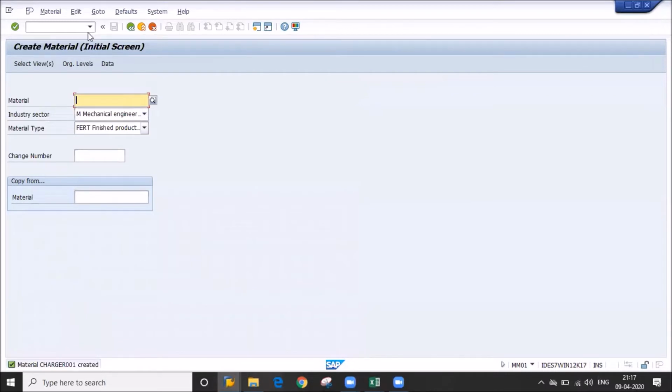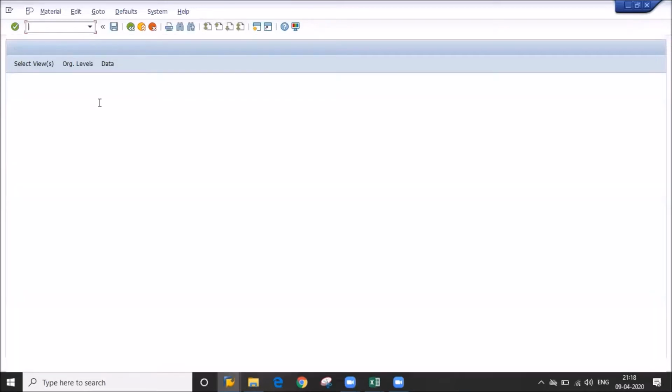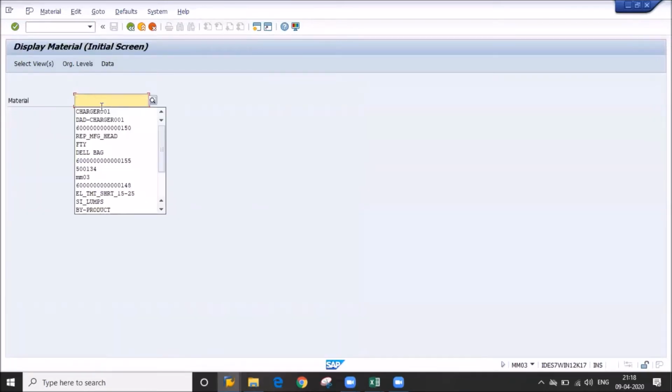In MM03 you can check your material. Use /o MM03 if you want to open a new screen along with this screen. Then you can put the material code and check it.